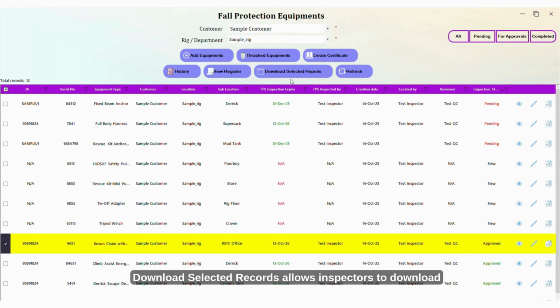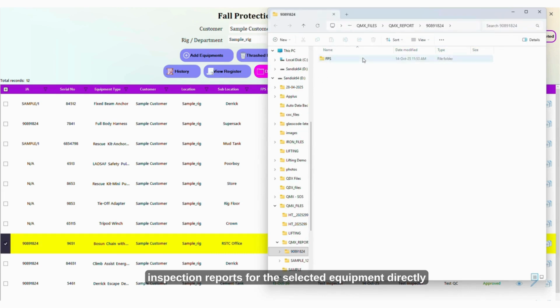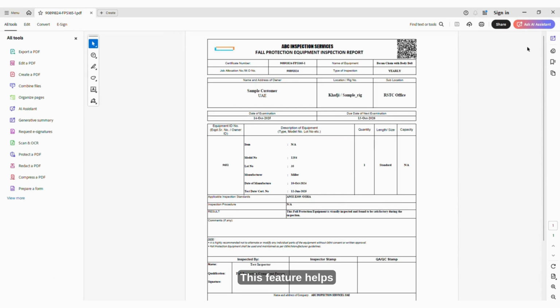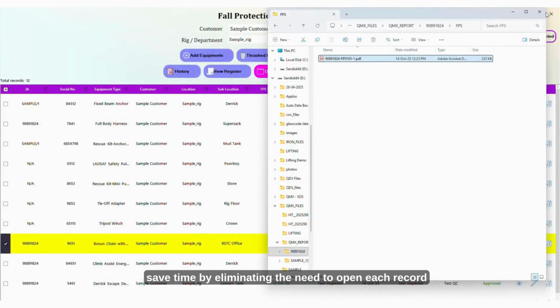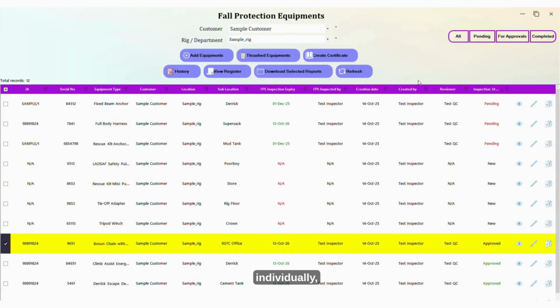Next, Download Selected Records allows inspectors to download inspection reports for the selected equipment directly in the background, making it quick and convenient to access finalized documents. This feature helps save time by eliminating the need to open each record individually, ensuring faster retrieval of multiple reports